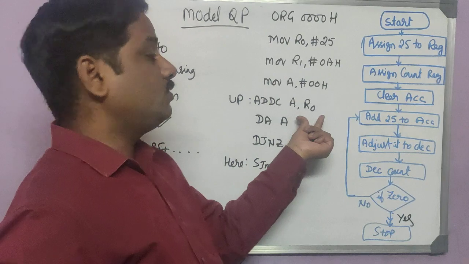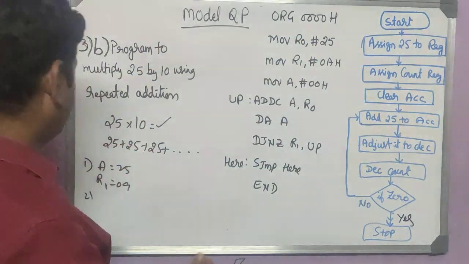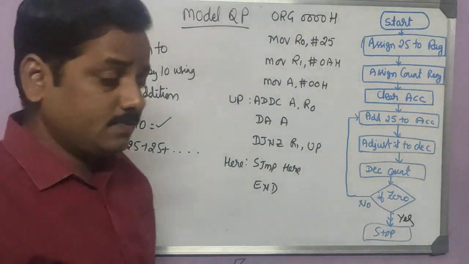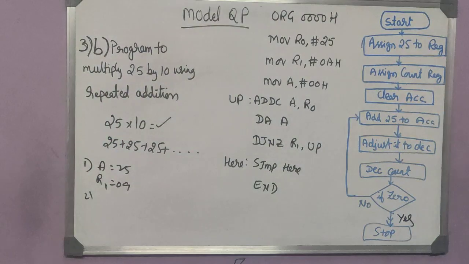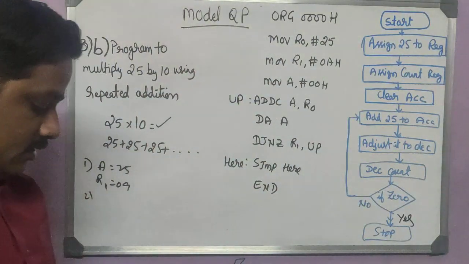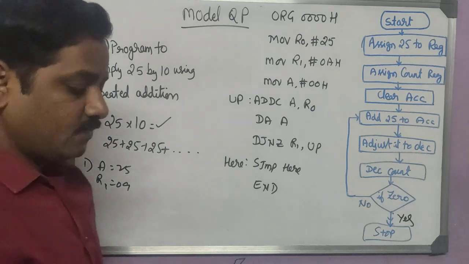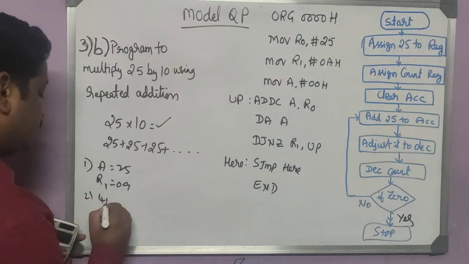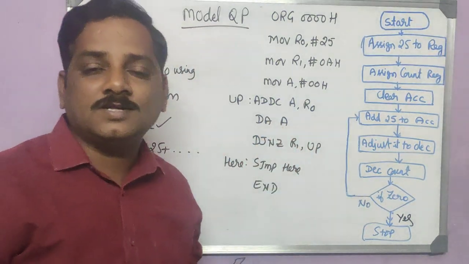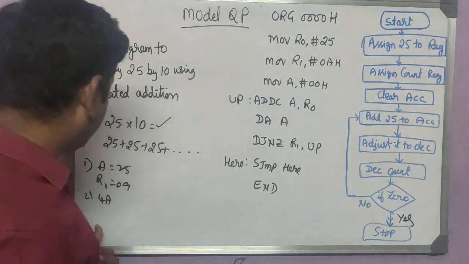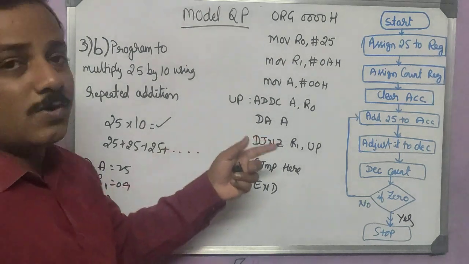Now add again 25 plus 25. So we get, generally it will be hexadecimal. 25 in hexa plus 25 in hexa. If you add it, we get again 4A. You get 4A. See, if it is decimal, you used to get 50, but the system will consider it as hexa. So we get 4A. Right.